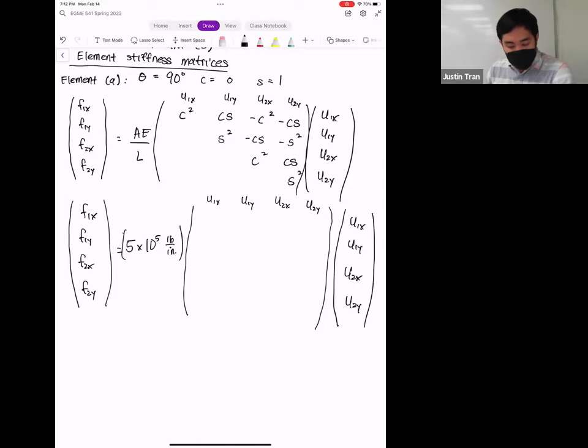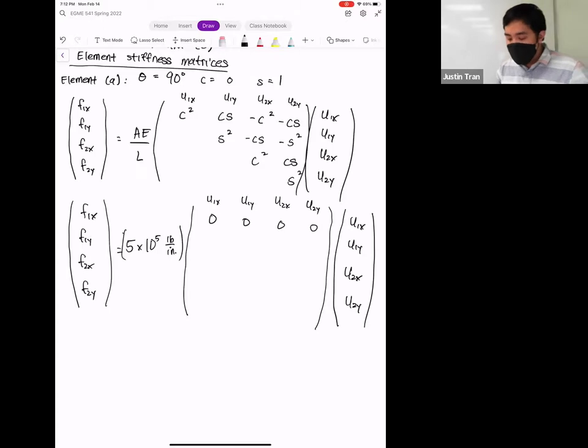And we can go ahead and fill in this matrix now, right? Knowing that cosine is 0 and sine is 1, right? So first we have cosine squared. So we have 0 times 0, which is just 0, okay? Then we have cosine times sine. And so cosine is 0 and sine is 1. So we have 0 times 1, which is still 0, okay? Then we have minus cosine squared. And so this is, again, going to be 0, okay? And then we have a minus cosine sine where this is 0. Okay. Right, so the entire first row here is 0